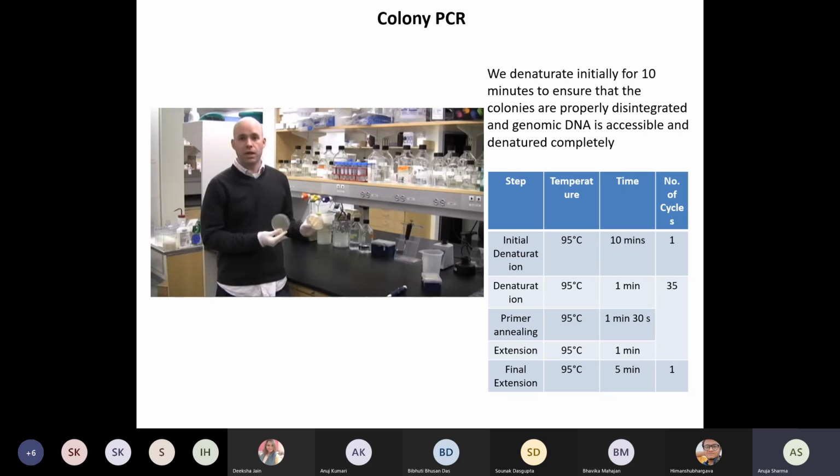Other than that, you can also screen your colonies with colony PCR. So colony PCR is basically just picking up the colony. Once you have taken up the colony, you just heat it at 95 degrees so that the cell wall gets degenerated, and then you perform a PCR using that colony. And for doing PCR, you need,